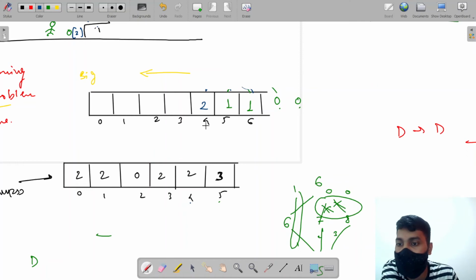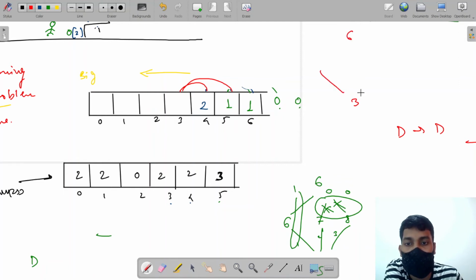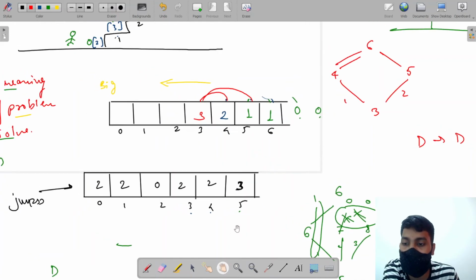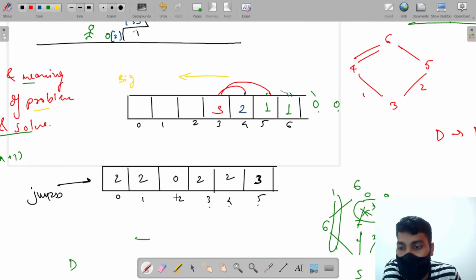Now let's discuss if we are at the third stair, how many choices do we have? We have a choice of two jumps, that is 1 and 2. So from 3 we need to reach 6. We took a jump of 1 and we took a jump of 2. With this we reach 4, and with this we reach 5. Now we know that from 4 we have two paths, and from 5 we have one path. Therefore, adding these two will be our answer, that is 2 plus 1, 3. So these are the valid paths that will lead us to our destination if we are at stair 3.